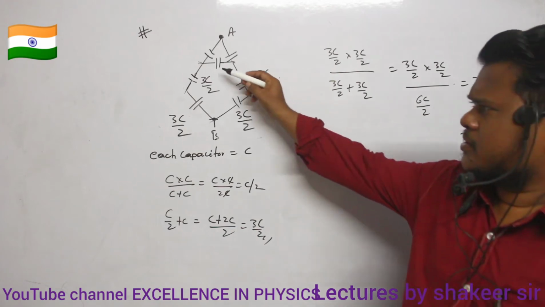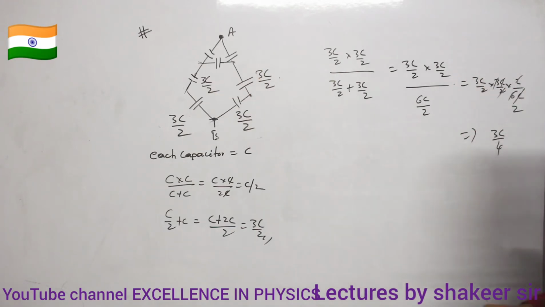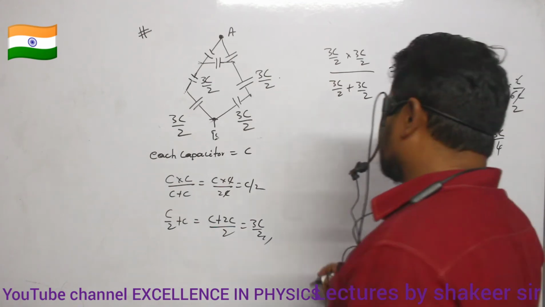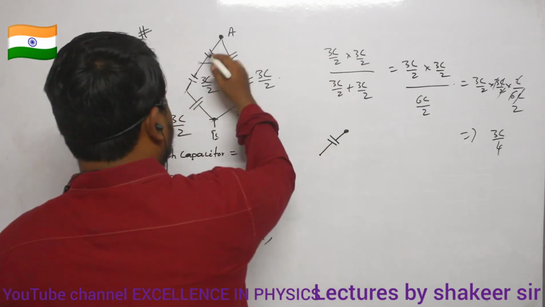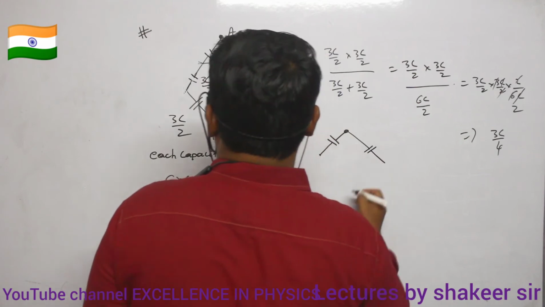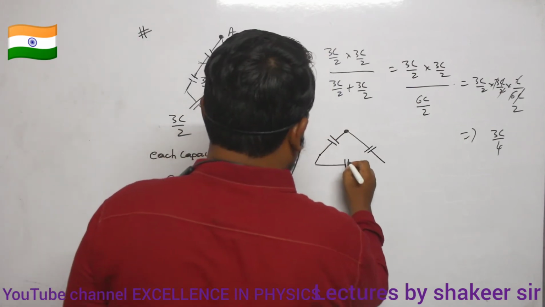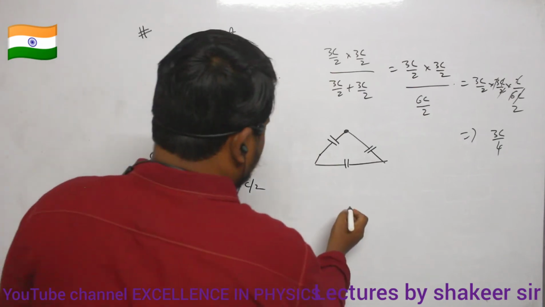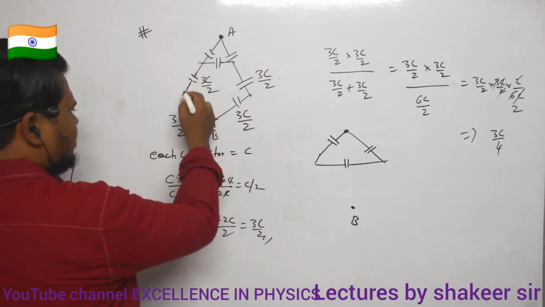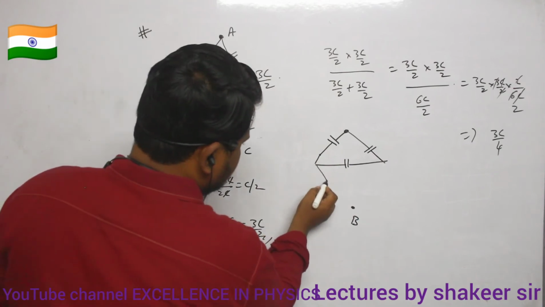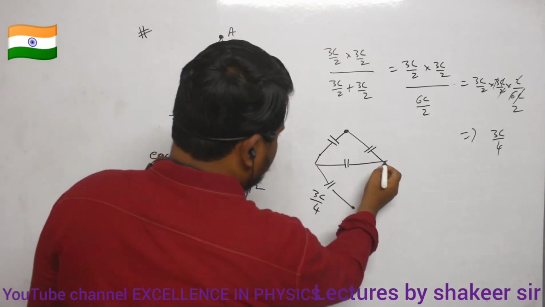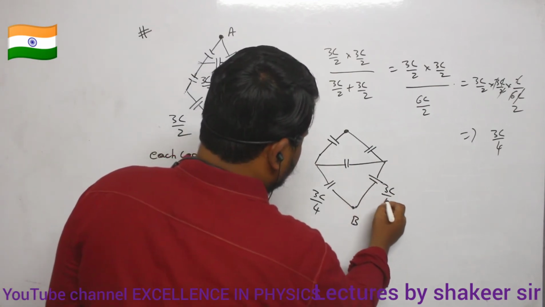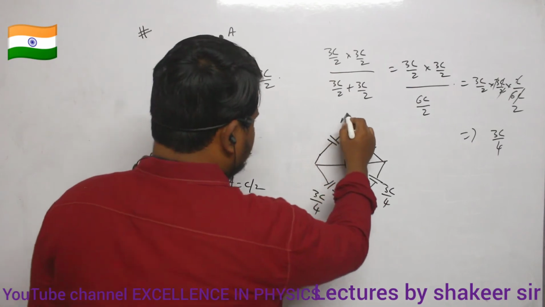So therefore, instead of this total branch, I can write 3C divided by 4. Similarly, instead of these two capacitors, I can write 3C divided by 4. So what is the total equivalent circuit now which I got? The circuit which I got is like this. This is one capacitor, this is another capacitor, and both of them are connected by another capacitor like this. Clear, no? And here I have terminal B. So the equivalent of these two capacitors is 3C divided by 4, and the equivalent of these two capacitors is again 3C divided by 4. Okay. Now I got the result up to here.